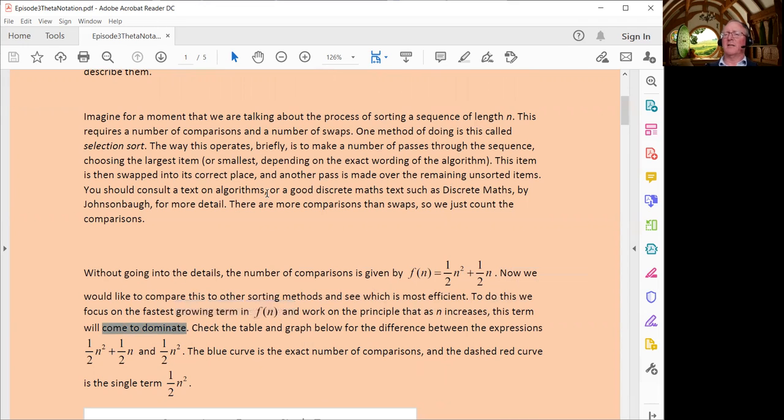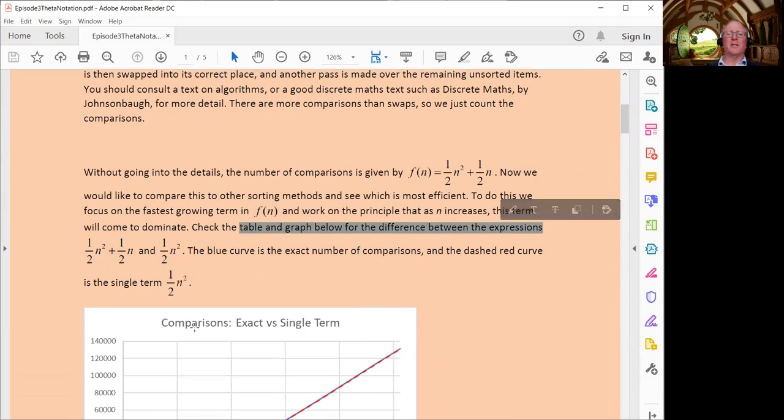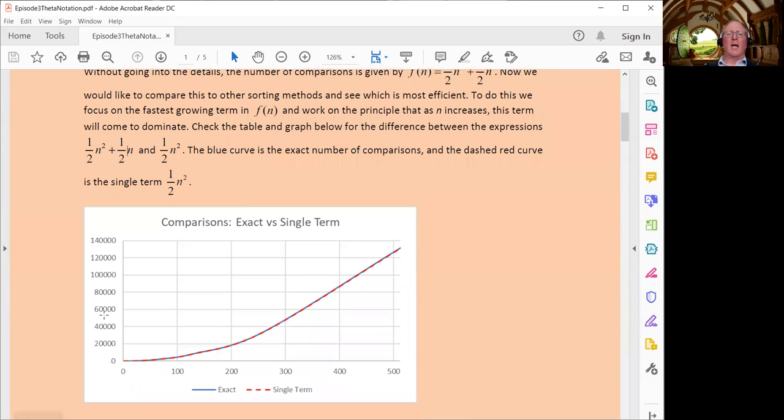Because it grows faster than the other terms, it will overtake the others and become much more important. And if you look at the table and graph below for the difference, so we're going to be comparing a half n squared plus a half n and a half n squared. And if you look at this chart,